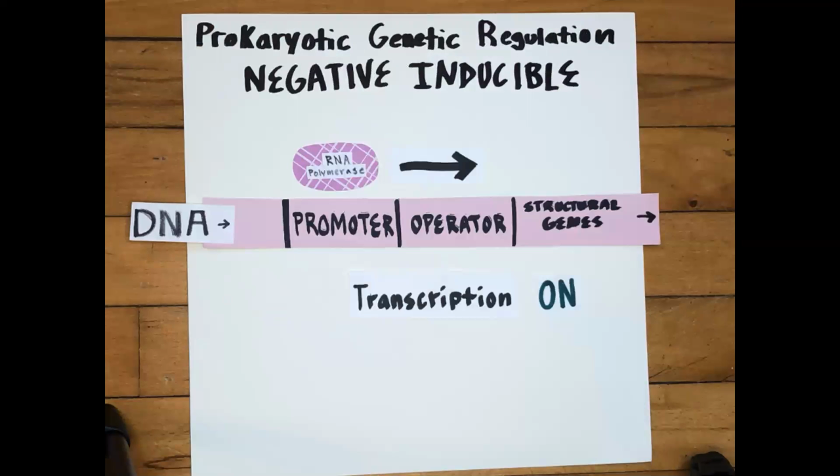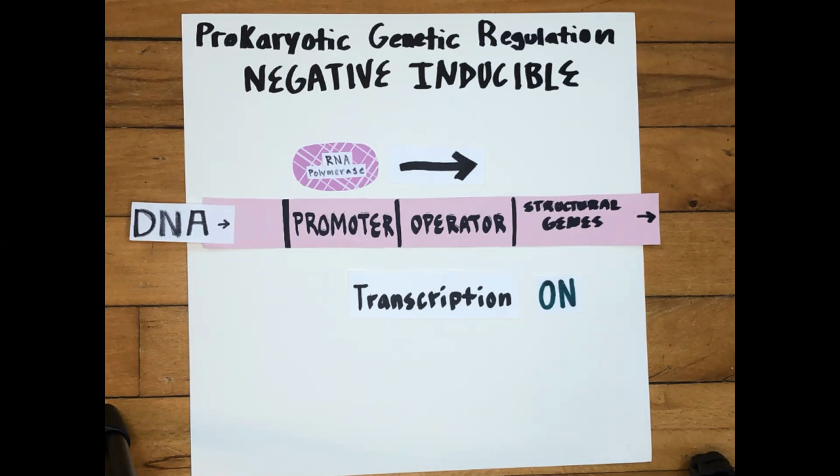Here we have a small portion of an operon where we see a strand of DNA that has a promoter region, an operator region, and structural genes that can be transcribed into mRNA and eventually protein. During transcription, the RNA polymerase attaches to the promoter site and continues along the DNA strand to then transcribe the